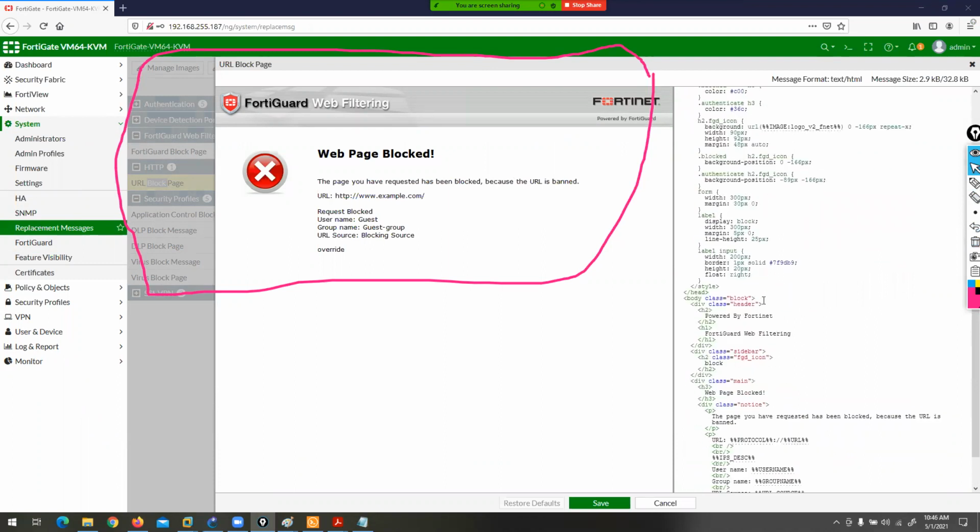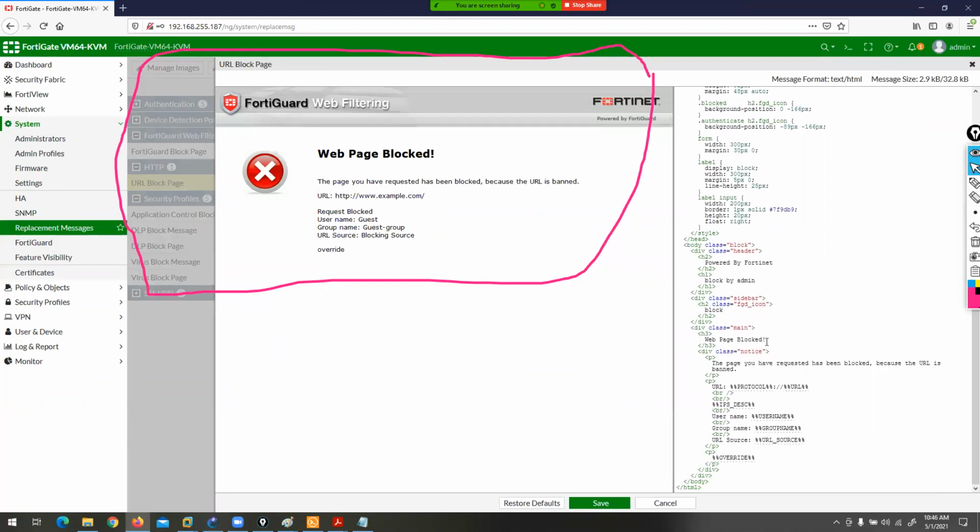Web page, FortiGuard web filtering, block, admin. The option is web, yes, this option. Web page blocked. Can't use this website. So you can create a response page as per your requirement.